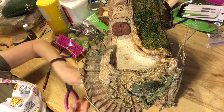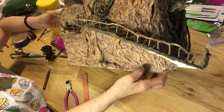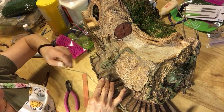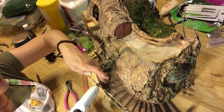And see, that doesn't look so bad in there. The joint, it doesn't look bad. I like the look. It's really very rustic, very nice. I really, really do like this. Okay, here we go. And I might have to do the same thing. I might have to cut here in a little bit, but